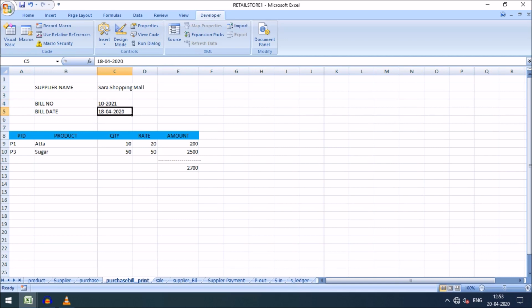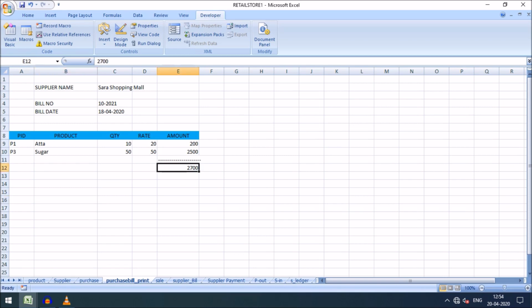The bill number is 10-2021 and the bill date is 18th April 2020. So friends, now I need to pay this bill to the supplier.